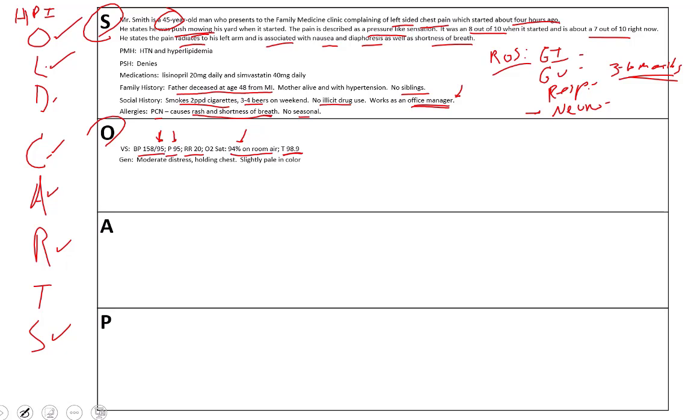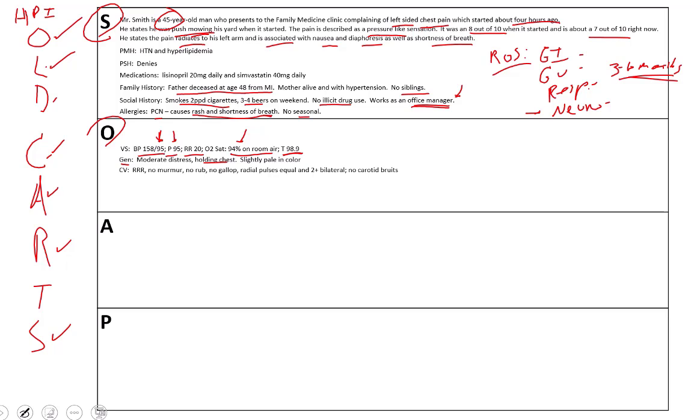General exam is always nice to include in this. How does he appear when you look at him? So this patient's in moderate distress and he's holding his chest, slightly pale in color. That's super important because, again, how severe is this pain? What do I think is occurring? If he's in moderate distress, holding his chest, and he's pale in color, I got to take this as pretty